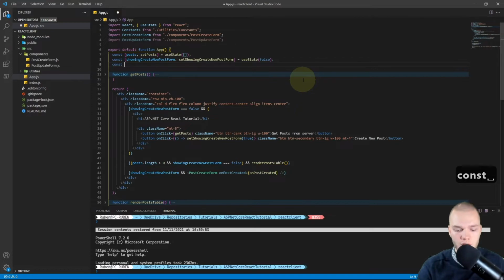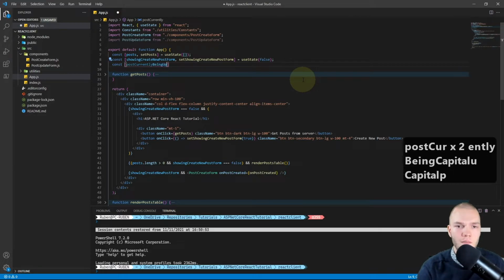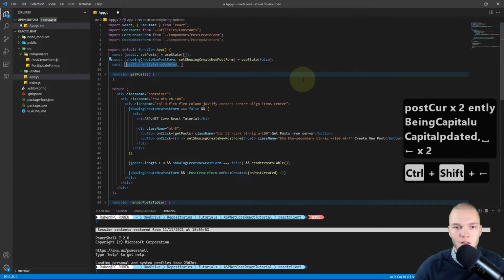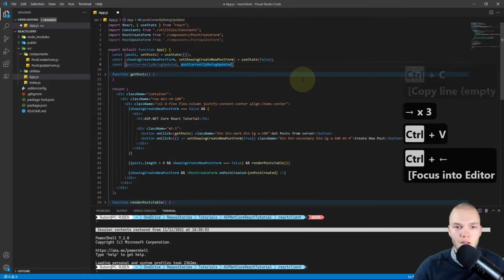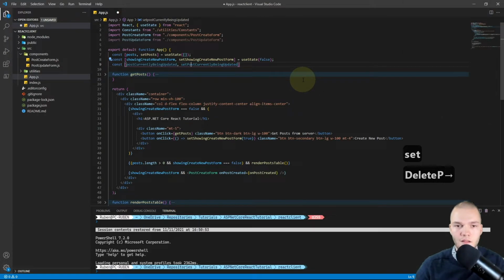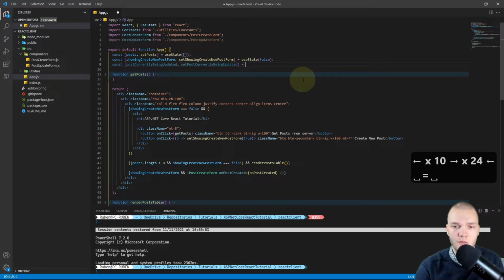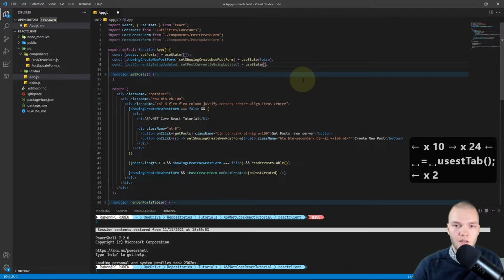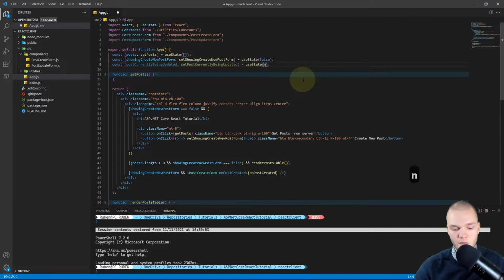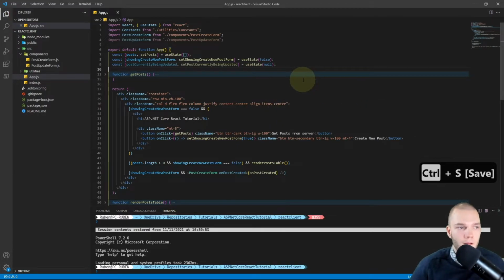So I'll do const array destructuring and I'll name it post currently being updated and copy and paste that variable, change it to set and then proper camel casing, post currently being updated equals use state, and for the default value we'll pass in null. So null is the absence of data, right?